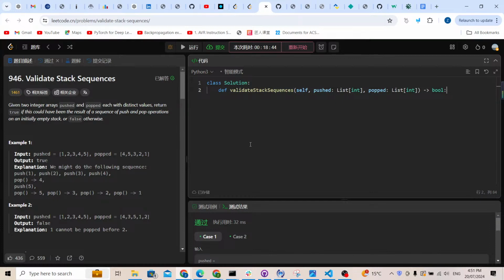Let's try to solve an interesting Leetcode problem, 946, Validate Stack Sequences. And this is a very popular problem. So we are given two integer arrays, pushed and popped. The pushed array is 1, 2, 3, 4, 5, and popped is 4, 5, 3, 2, 1, and all with